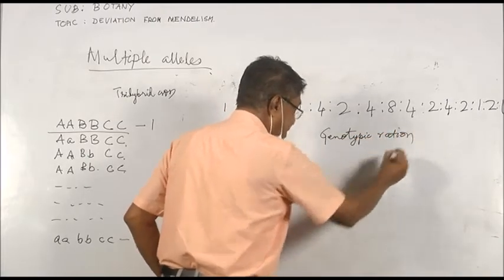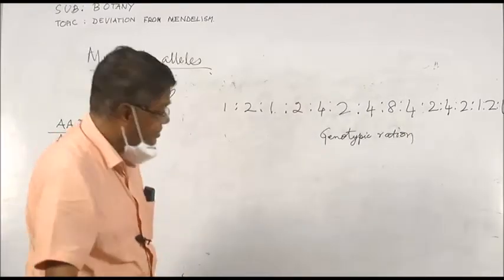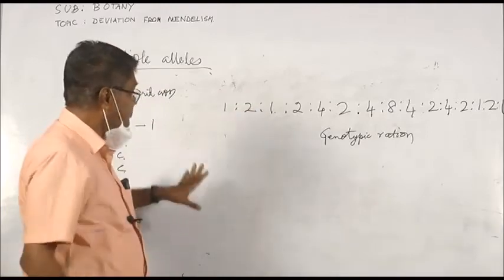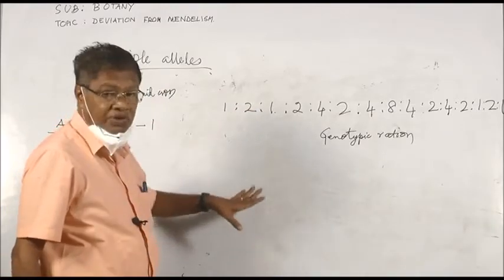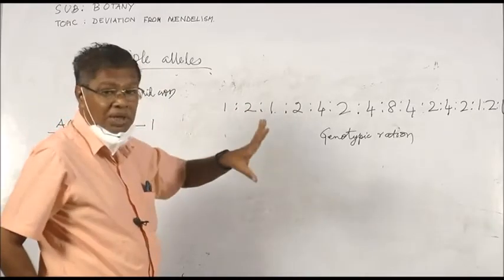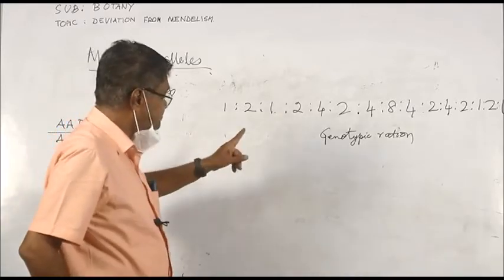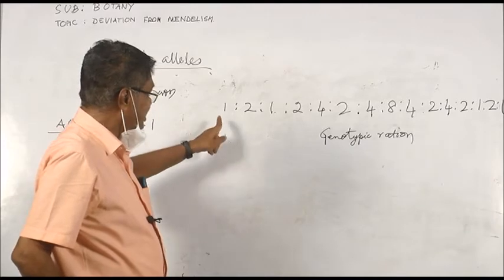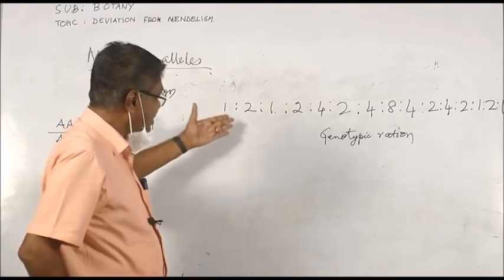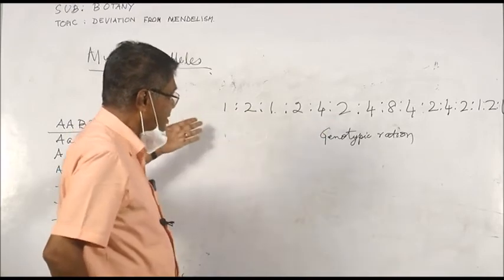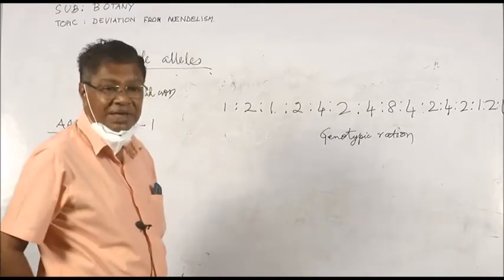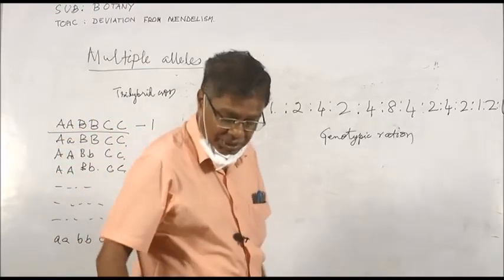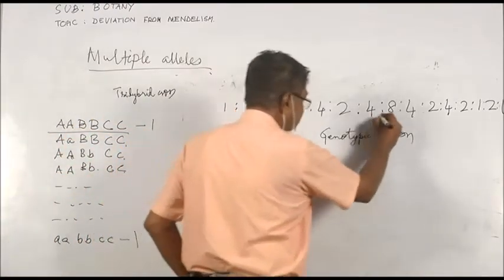If we take 3 gene pairs, but if we take more, then the ratio will prolong. Now, actually it is more. For convenience, we have taken only 3 genes. Here we find that the ratio is so long. Now, here we will get different combinations of colors. Now, the most intermediate color is this.